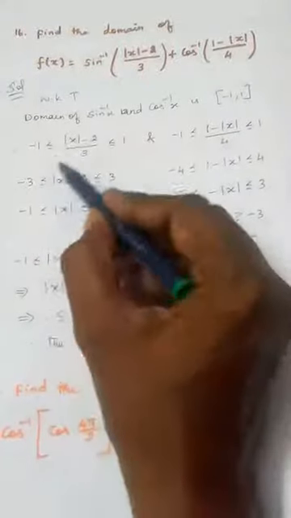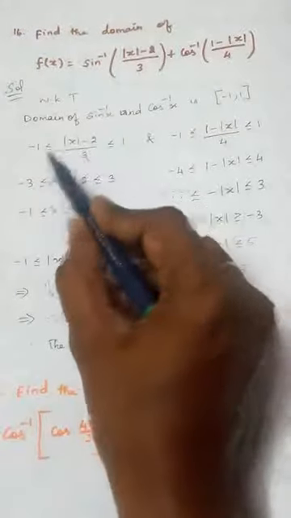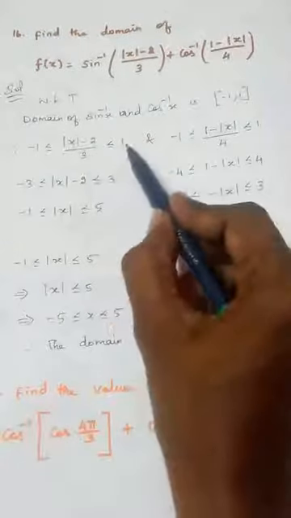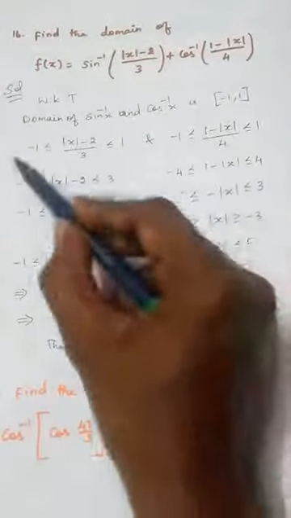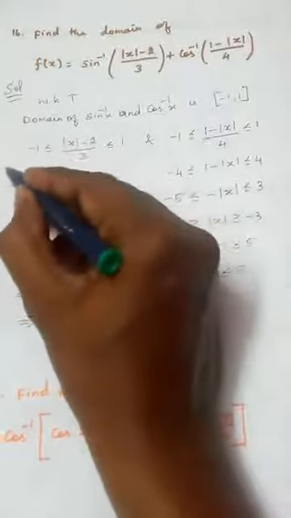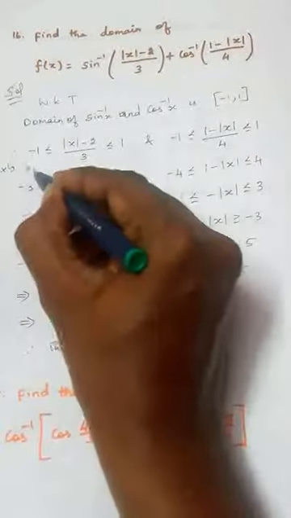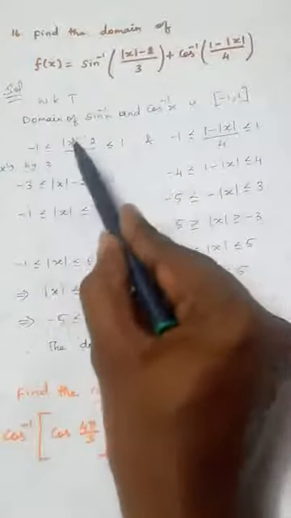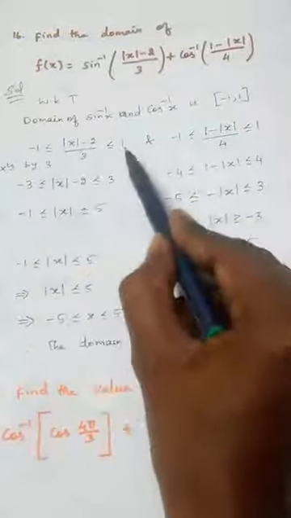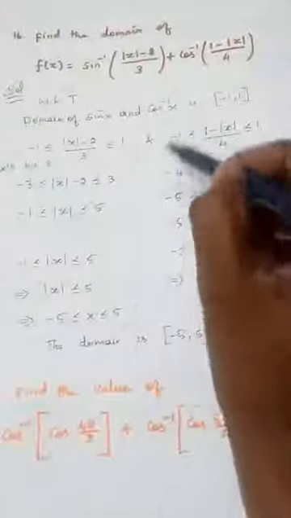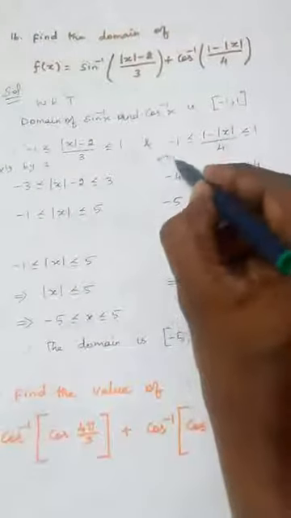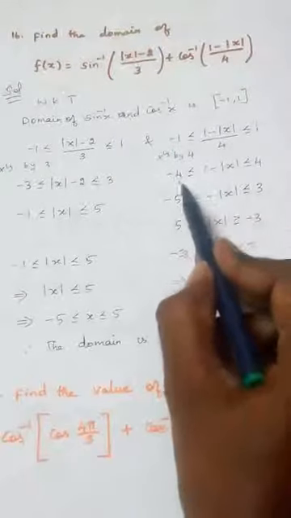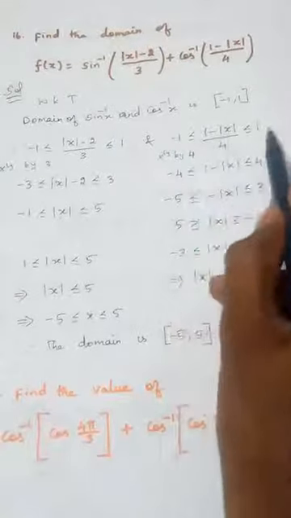Now just take this 3 to here. So it becomes minus 3, and 3 to here, it becomes plus 3. Or you can say multiply by 3. Multiplying by 3, what we get? Here minus 3 will come. If you multiply 3 here, 3 will get cancelled. This becomes 3. Similarly here, multiply by 4. So here you will get minus 4. 4 cancels. Here it will be 4.